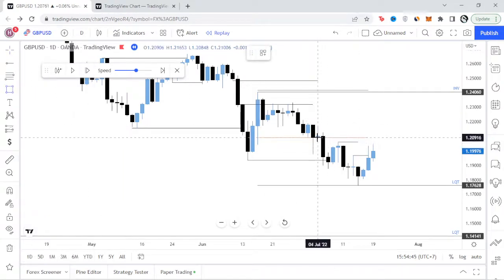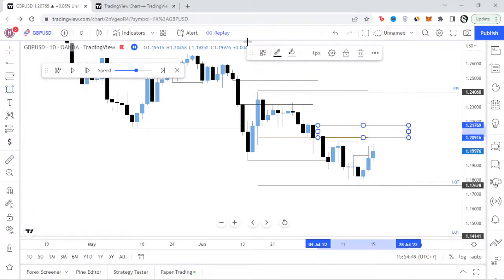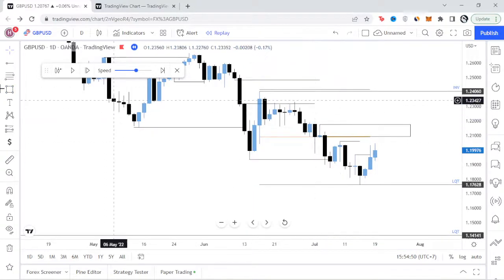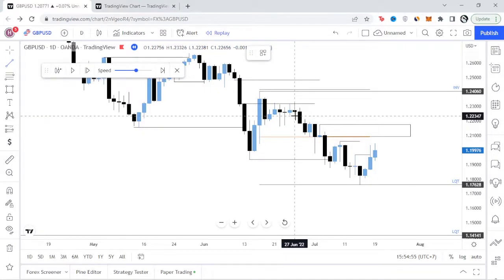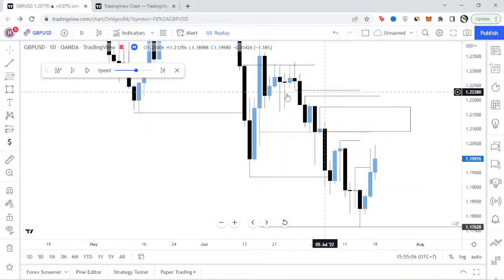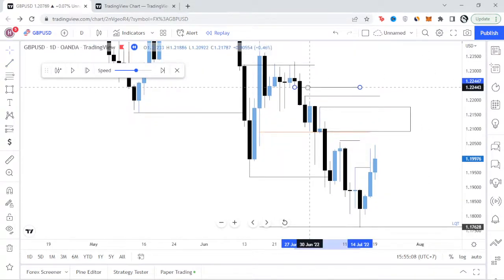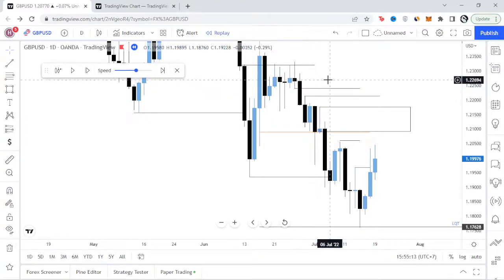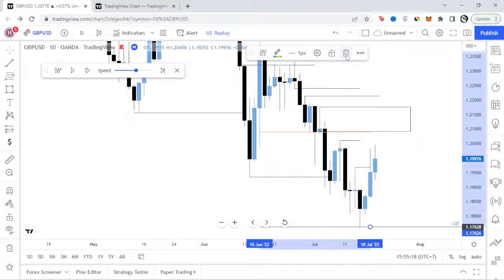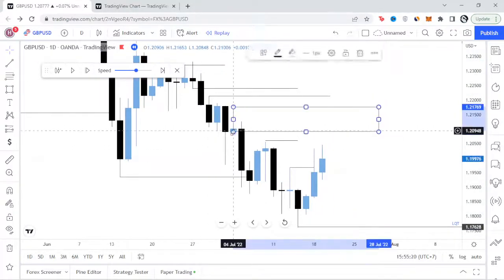This level here was being marked out as level 1, and I had an imbalance at this level here. I had an imbalance I was hoping we could play with or just get to, but I don't know if we would, so I was just waiting. But my first point of interest was this level here because it was right at the 50%. Let me take out this one now. So if it was this level,